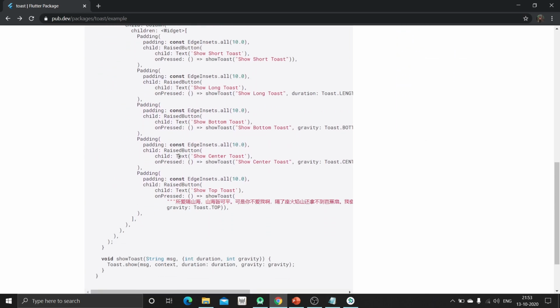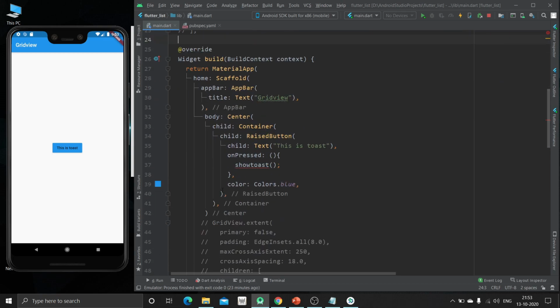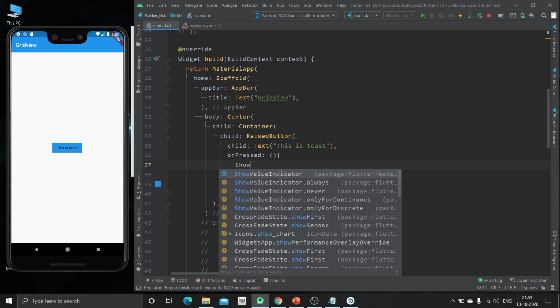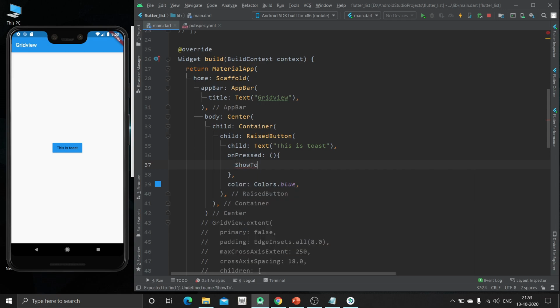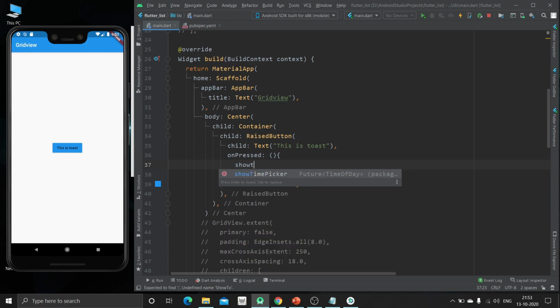So we can see over here that we can use the show text method, we will just remove this and just use the show toast. Okay, the S should be small. Show toast.